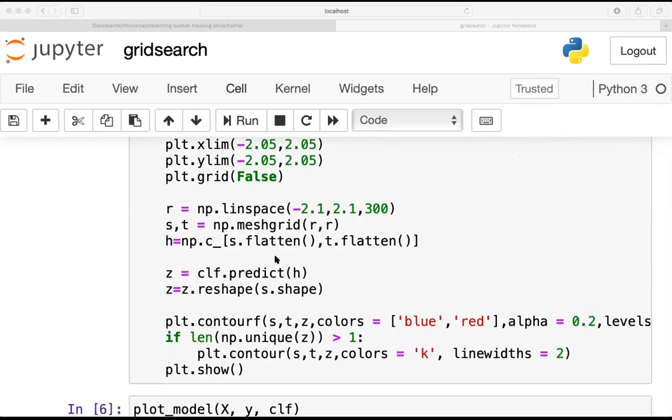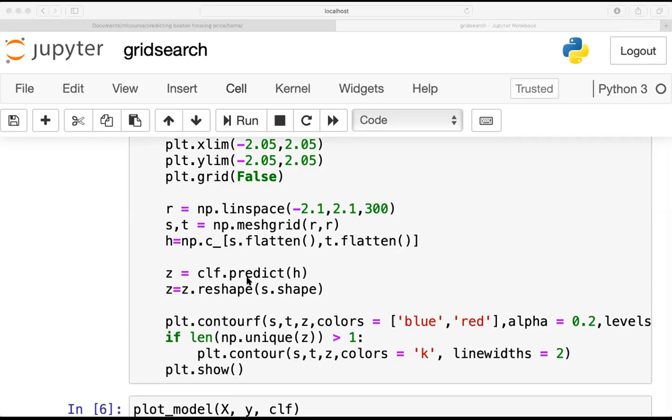Now I will convert the n-dimensional S and T to one dimension using the flatten function. Then, using c underscore, I will take the corresponding elements of S and T and place them together to form the coordinates of the points. I have also explained c underscore in the previous session.